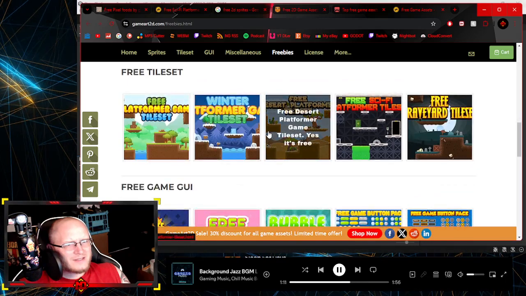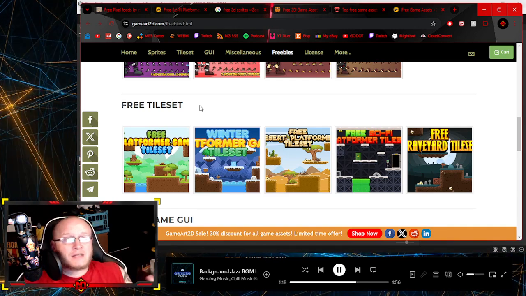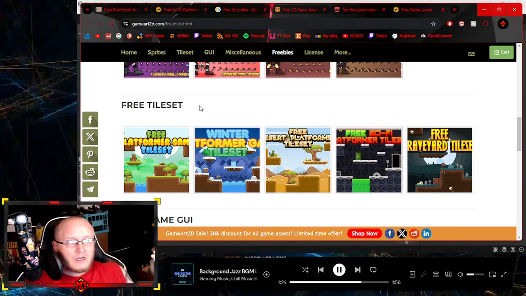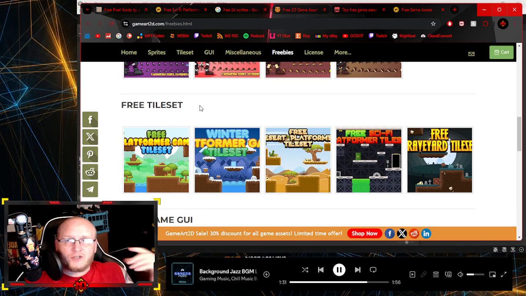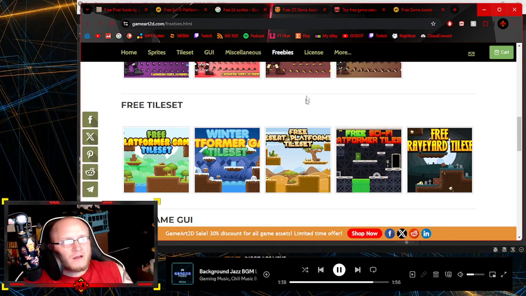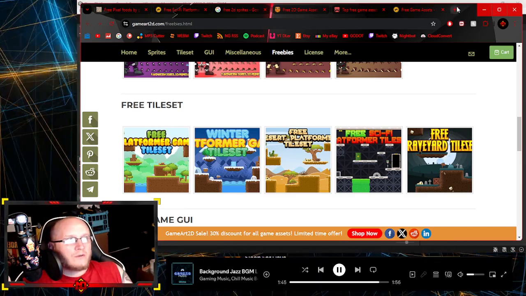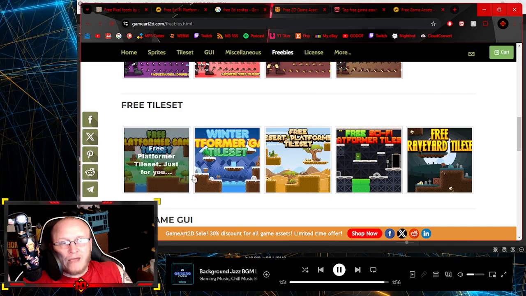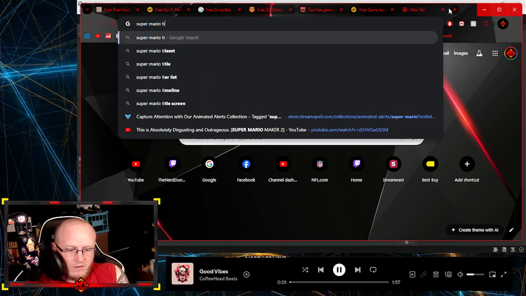Other than that, these tile sets. So let me explain what a tile set is. Since we talked about sprites and assets, tile sets are, for lack of better terms and not to get too technical, your foregrounds and backgrounds. Think of them as patterns that you can place down that will always line up to make larger patterns. If you remember the brick blocks in Super Mario, or the question blocks, those are called tile sets. They're images that go in the foreground or background to make patterns and make it look like a landscape or something similar. So if we go to a Super Mario tile set,